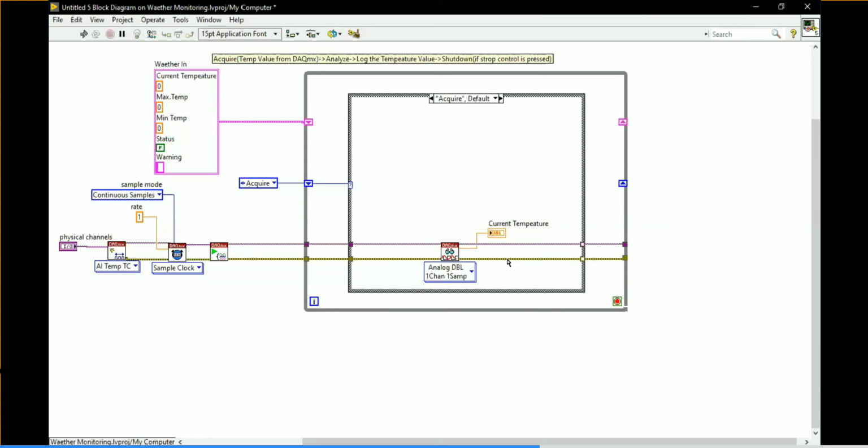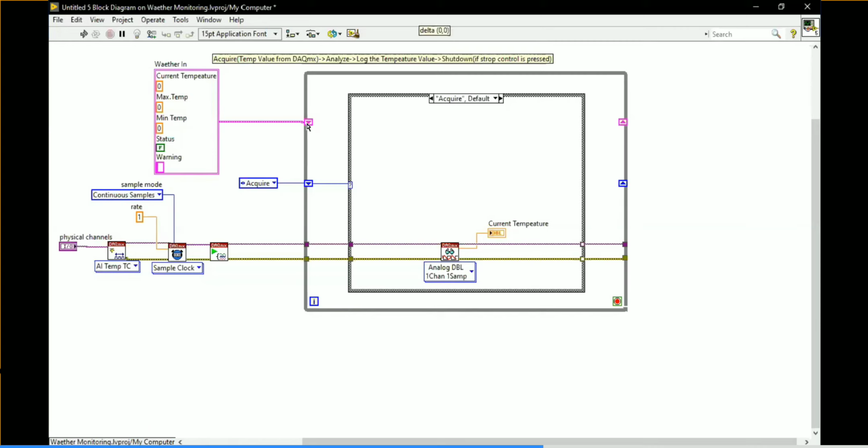Here I am making use of a reference cluster. Why am I making this reference cluster? If you want to make any changes here, with a cluster you are able to make changes. These are the basic steps. At the start it will be very difficult to understand, but when you start developing the program with the application, these are the steps you definitely have to follow. That's why I'm telling you.